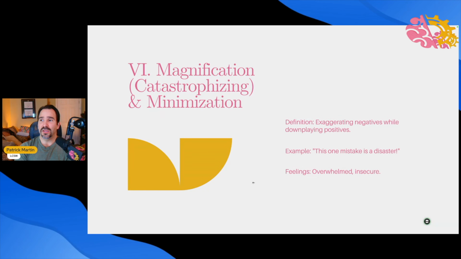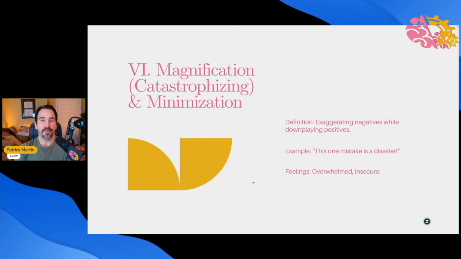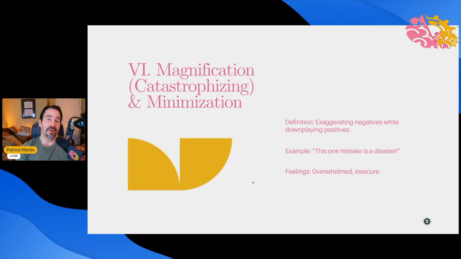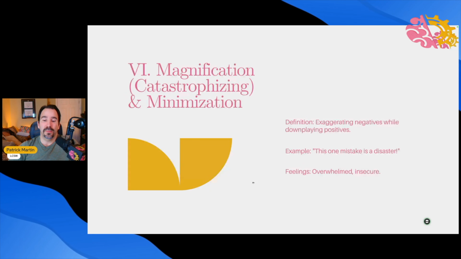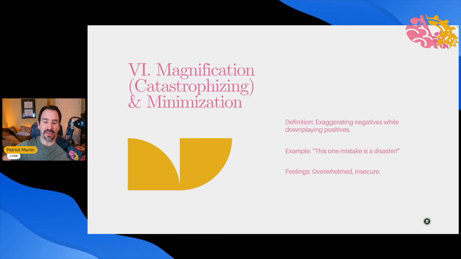Another one is magnification, or sometimes known as catastrophizing, right? And minimization, but catastrophizing is just what it sounds like. The most possible worst case scenario is the most likely scenario. Like, you've already gone 10 steps ahead in your mind about all the things that could go wrong, and in reality, it's not the most likely at all. But we've worked ourselves up so much to try and prevent this thing from happening in our head that we're already anxious and physically reacting as if it has already happened or is happening.